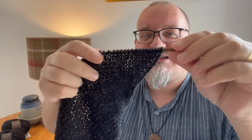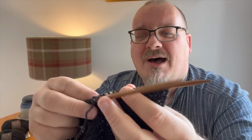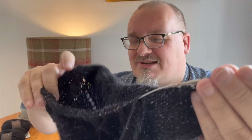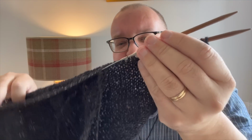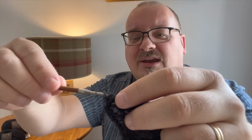And I would like to point out that I'm now test driving my Chiaogoo needles. I'm still so overwhelmed by the beautiful gift of these needles, and this is the first project that I've started using them on, and they're really beautiful to use. I love the thing that they've got here at the join. You see the cable, you can hold the cable still and twist the needle, and it doesn't all twist up